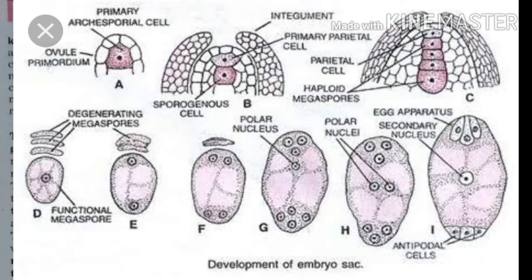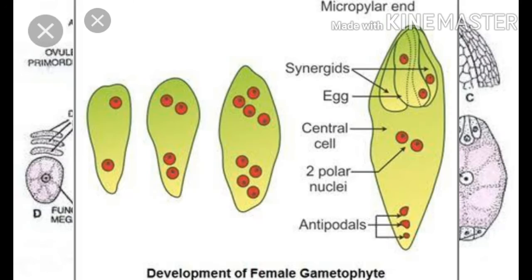The haploid nucleus of the megaspore divides mitotically, forming usually 8 nuclei which organize in a definite manner within the embryo sac. 3 nuclei at micropylar end organize into an egg apparatus, 3 at the chalazal end form antipodal cells, and the remaining 2, called polar nuclei, migrate to the center of embryo sac and later fuse to form a